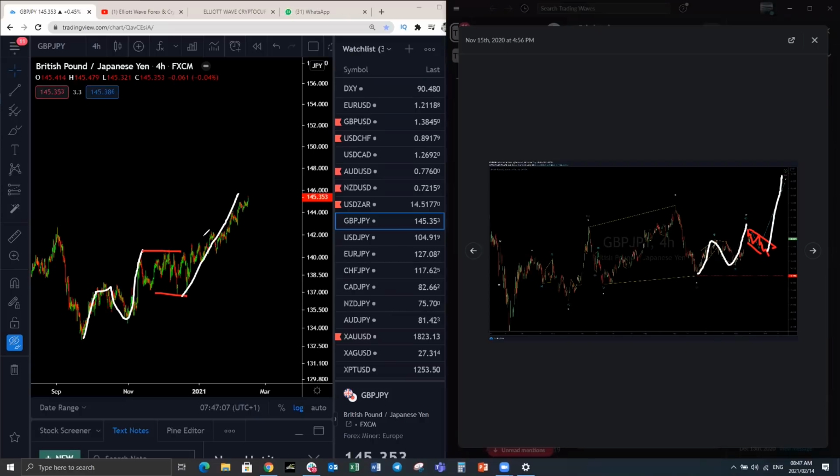Now, why would anyone want to sell pound yen if you have got a structure like this? Okay, two things that we use: the Elliott Wave sequence, Elliott Wave strategy, as well as the indicator. If we had got it wrong here, the indicator would have shown us that this is the end of the sequence and we are now ready to make a move to the upside. And at this stage, we're just seeing continuation to the upside, and the indicator does not show us any reversal. That is a move on pound yen.